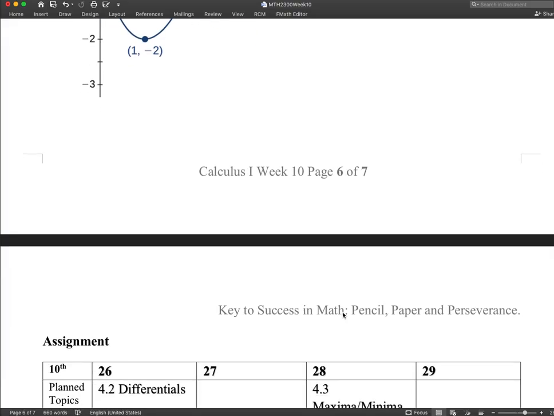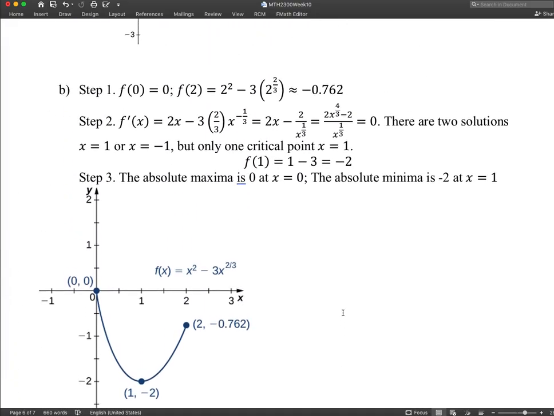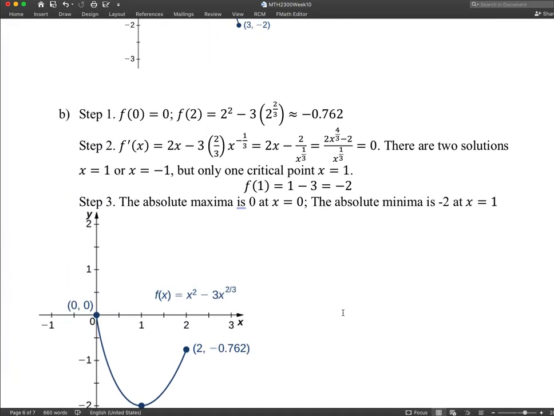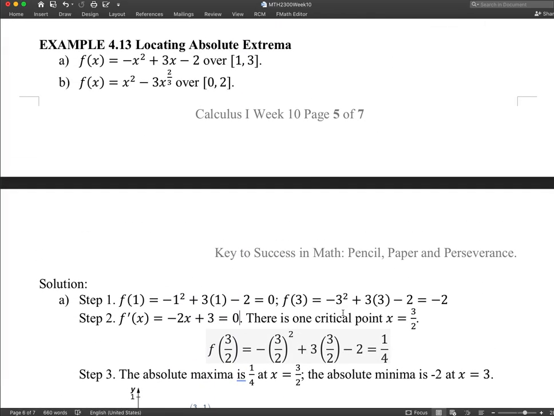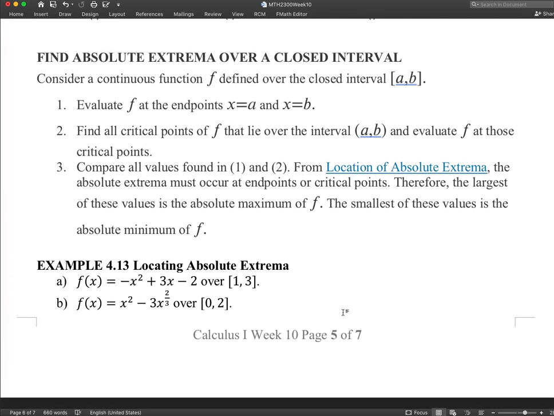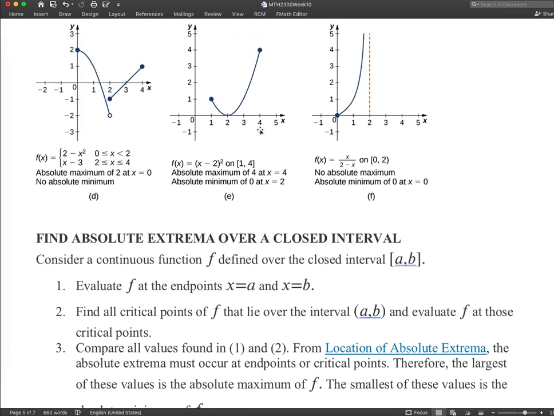So these are the steps you want to follow to find the absolute maximums and absolute minimums, that is, to find absolute extrema over a closed interval. This part is for section